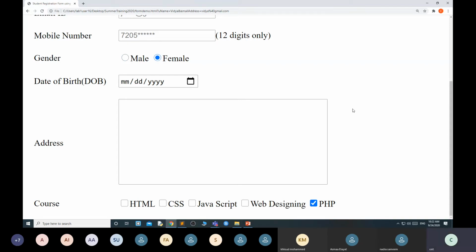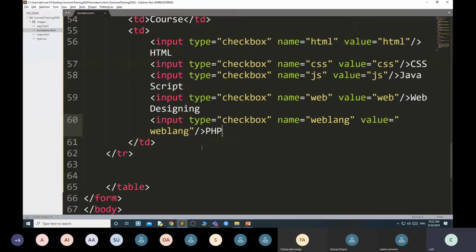Suppose you want to select some other course which is not listed here. Suppose you want to say that I don't want this course, I want some other course, that will be considered as a suggestion. Then you can use this. Suppose after all this, I just use break.